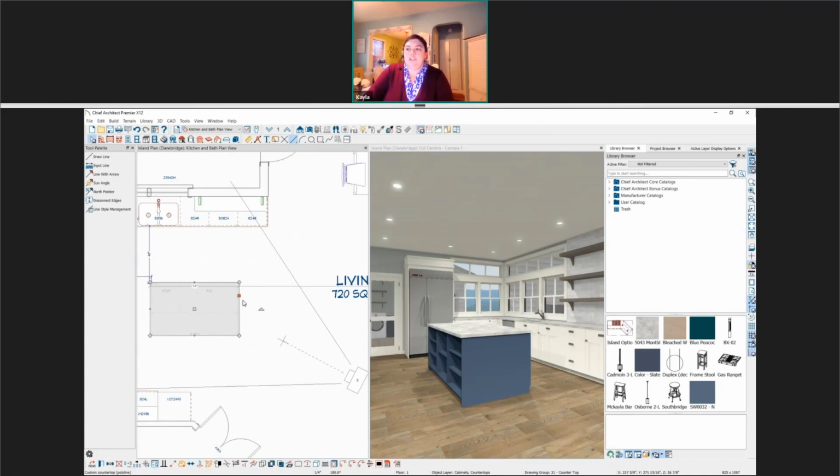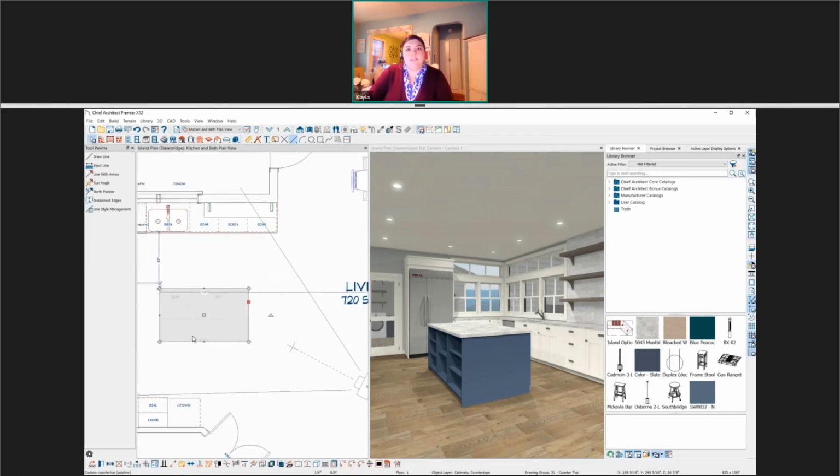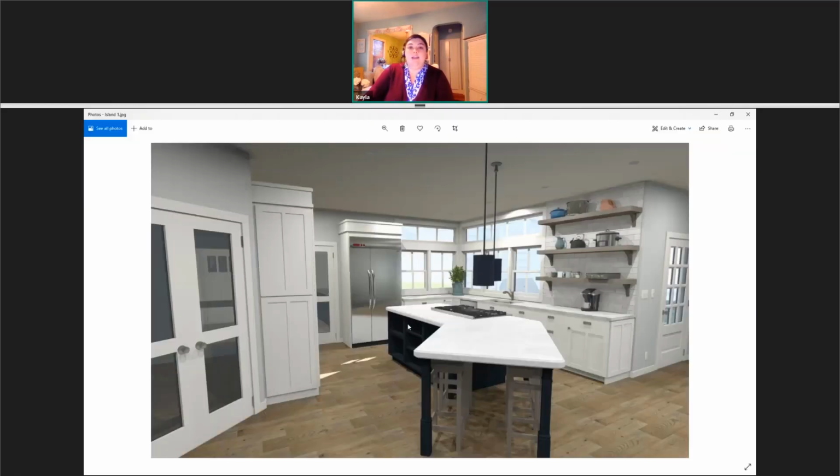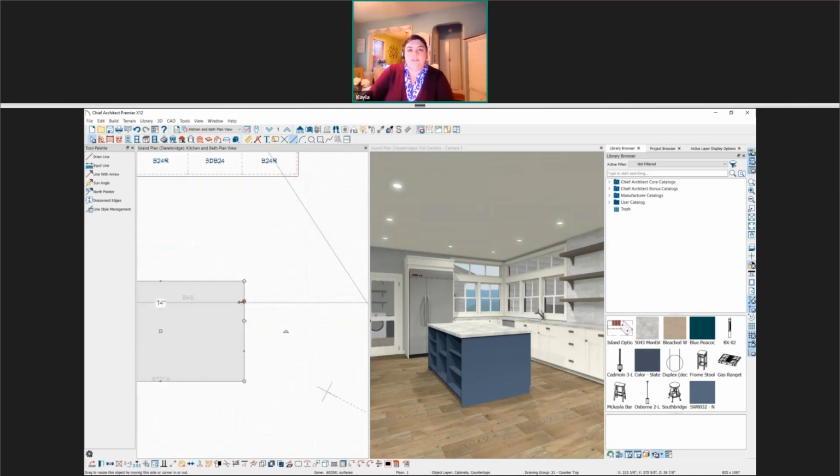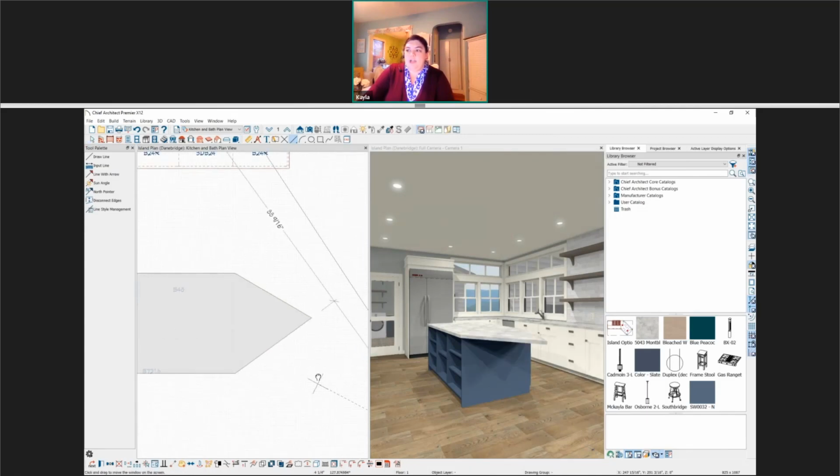Now, what I'm going to need to do is I'm going to need to create some breaks in this polyline, because right now I have 4 sides, 4 edges to this countertop. And if we take a look at the final image we're creating, I need to eventually have 1, 2, 3, 4, 5, 6 sides. So each break that I create in this countertop, if I select the edge, come down, here's the break tool. When I create a break along an edge, I've created another edge for this polyline. So now when I pull this out, I have a 5-sided object.